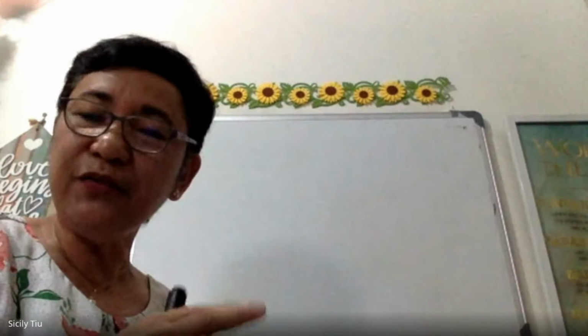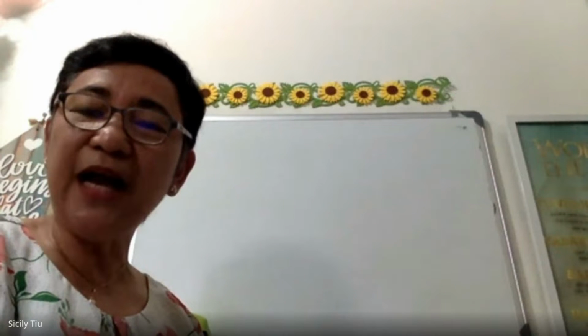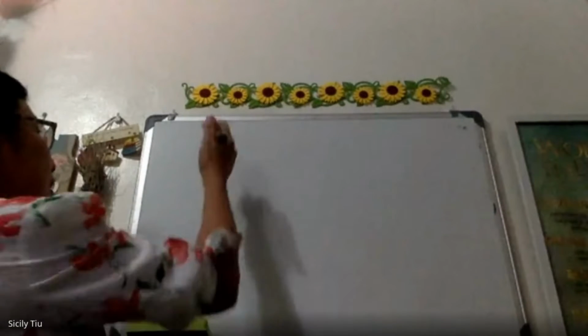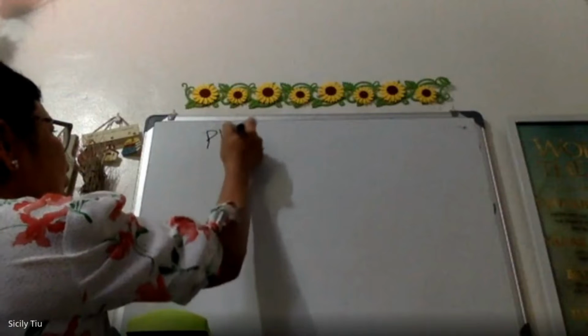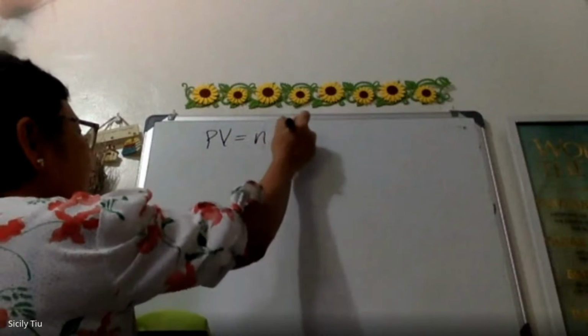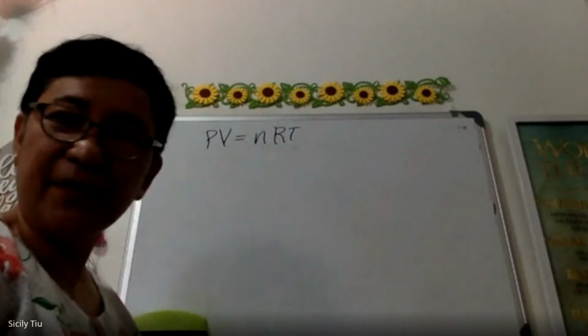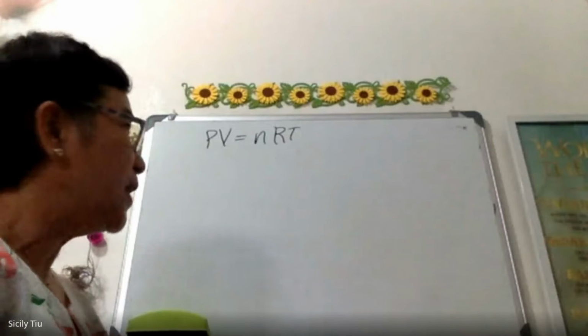can you recall the combined gas law? No. What about the ideal gas law? PV equals nRT. Okay. So let's start. PV is equal to nRT. Okay? Now,